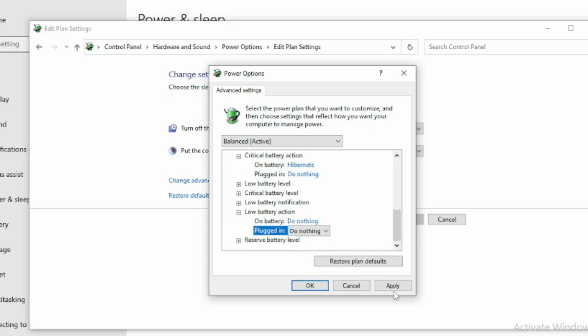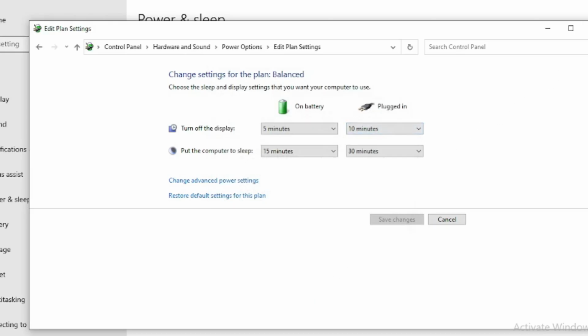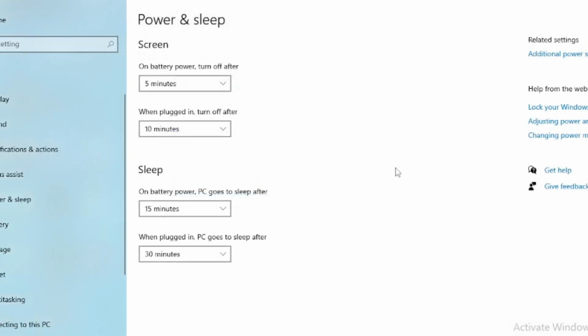After that, you just need to click on apply and OK. And that's it. You just need to restart your PC and the settings will take place, and this will solve